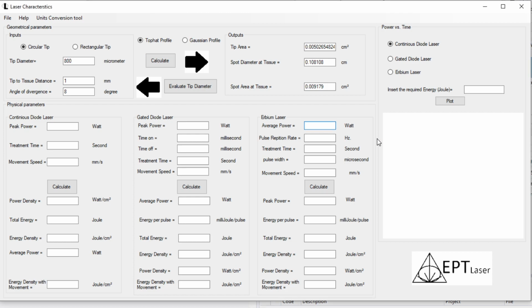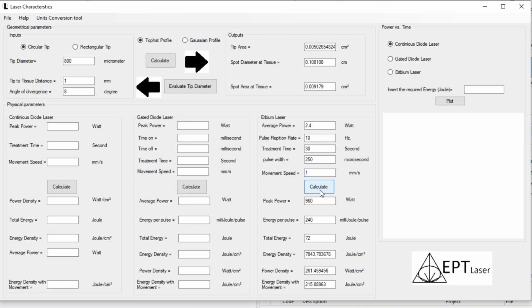So for an average power of 2.4 watt and a pulse repetition rate of 10 Hz with a 30-second treatment time and a pulse width of 250 microsecond and a movement speed, the hand movement speed, of 1 millimeter per